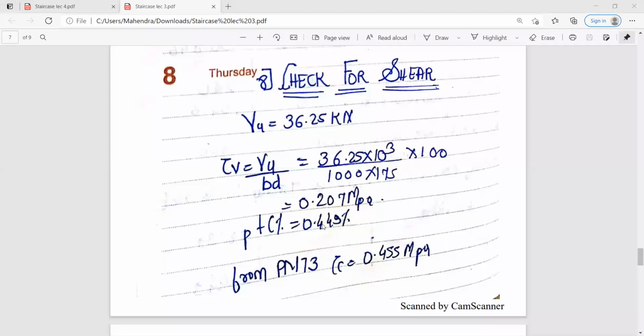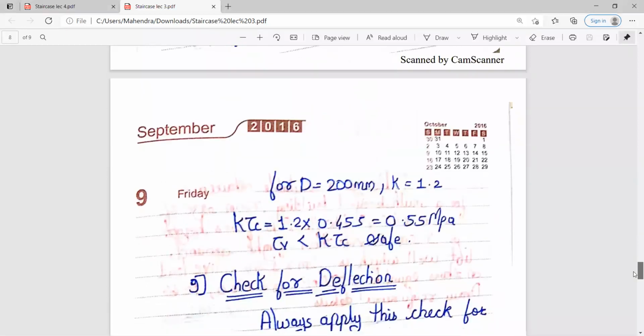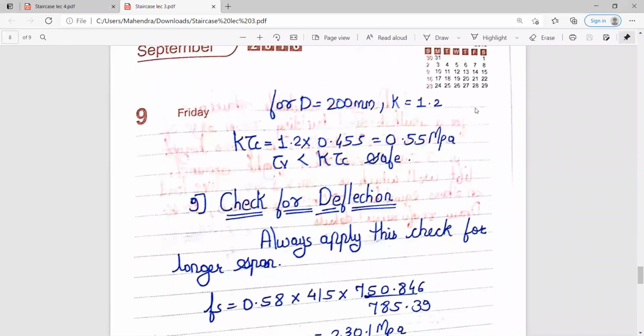And percentage minimum already you had calculated earlier. Then from page number 73 of IS 456-2000, you are going to calculate the tau c for this much tau v. If tau v is 0.20 and percentage minimum percentage is 0.449%, so tau c आपको मिलता है 0.455 megapascal. And for D equals to 200 and K equals to 1.2, K into tau c will be